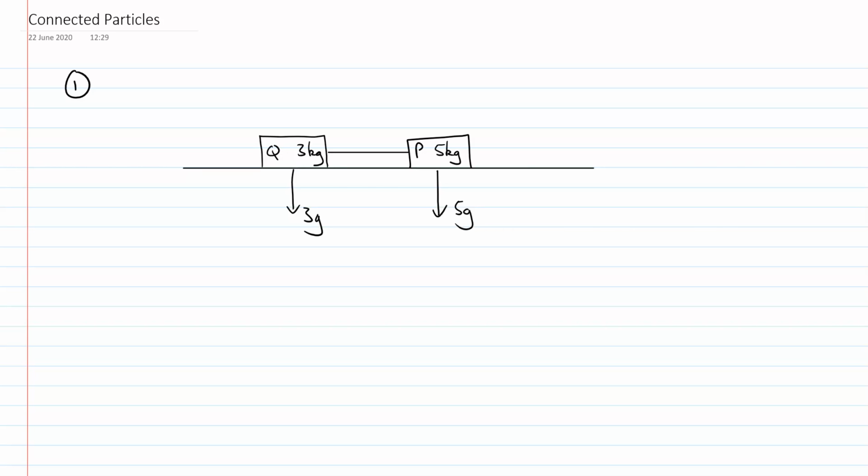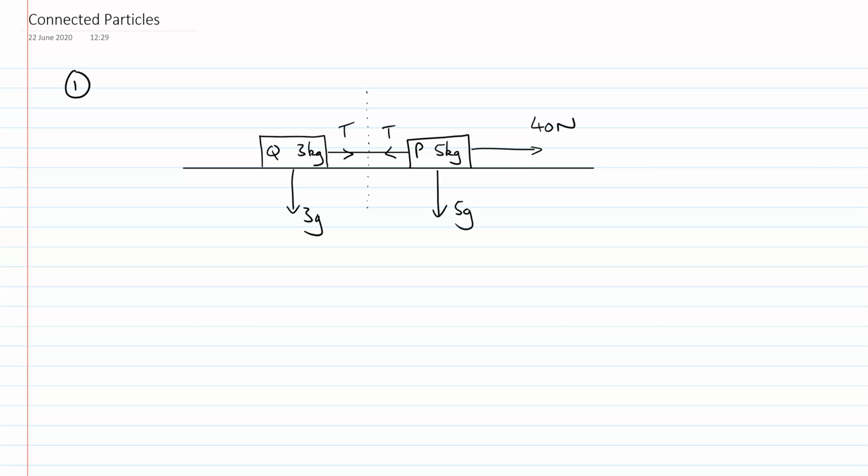Again, some little things to take into account here. The plane's horizontal that they're on. This thing's horizontal and it's rough. If it's rough, that means there'll be friction acting against the direction of motion of these particles. Also, if they're connected by a string, then there'll be tension in the string. So tension will be pulling this way and pulling this way. Let's say a 40 newton force is pulling P along this way and they're connected,